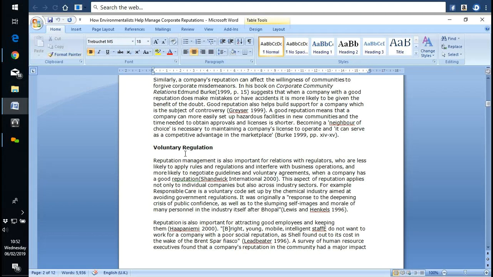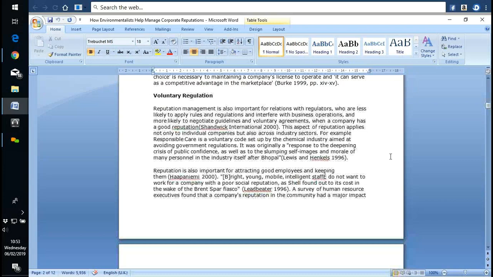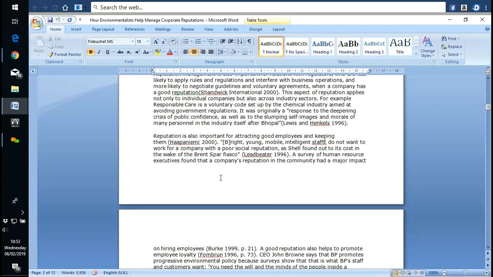That's what they don't want really, for governments to apply regulations which may reduce their weight, increase the cost of their operation without giving any real result from it. So responsible care is a voluntary code set by the chemical industry, and basically